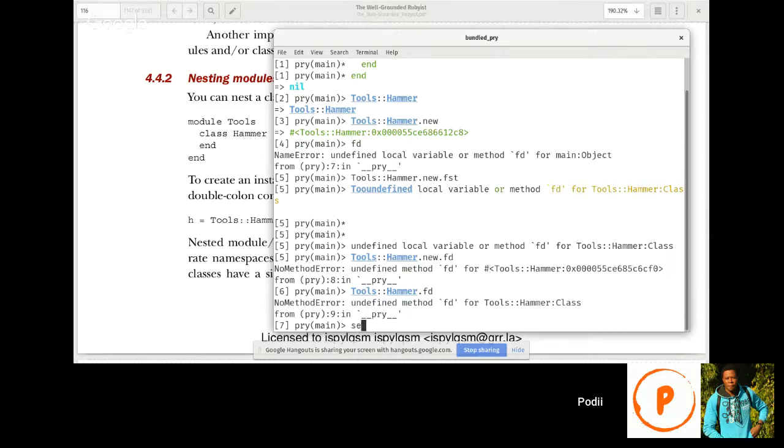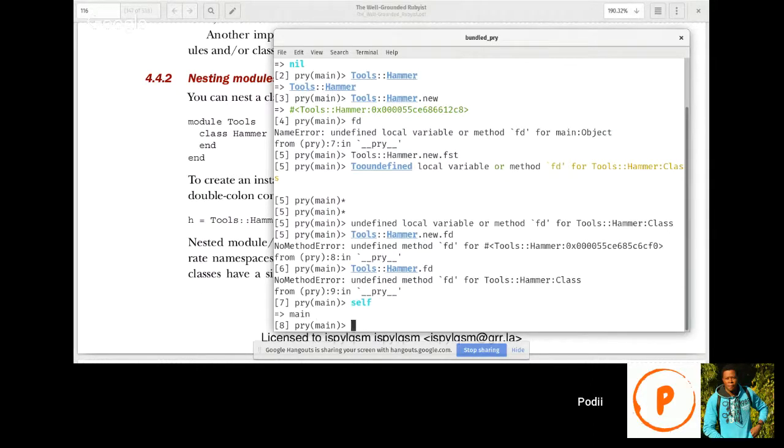But then I think the class method, like now, if we call fd, now this is a class method, so it's not in the... It's not a class method in the hammer class. Okay, but self is the main. So it actually expects fd to be a class method in self. Second one, it is expecting fd to be a class method. To be a class method. So if I just did fd, it will be called on self, and self is the main right